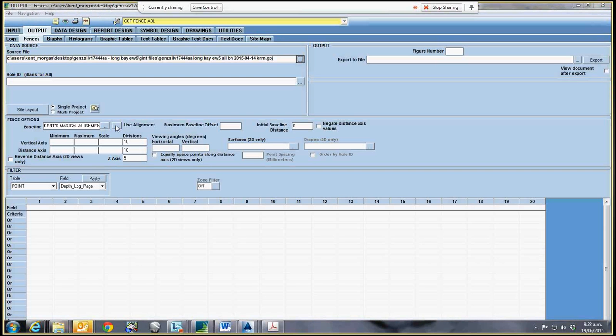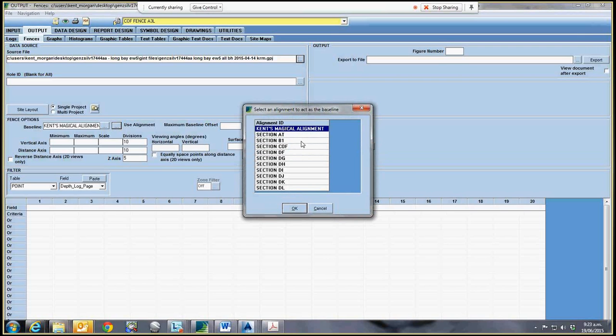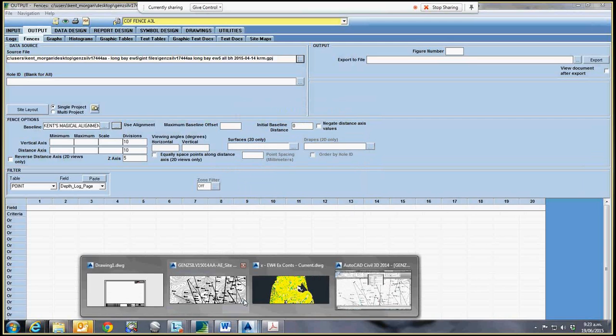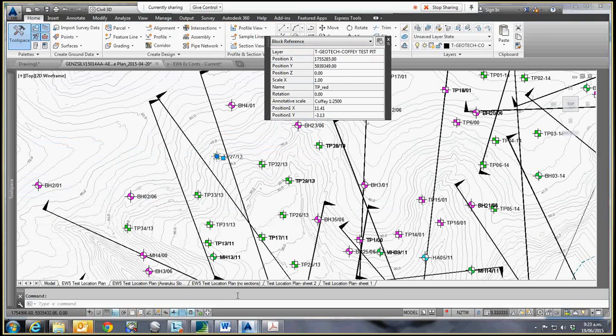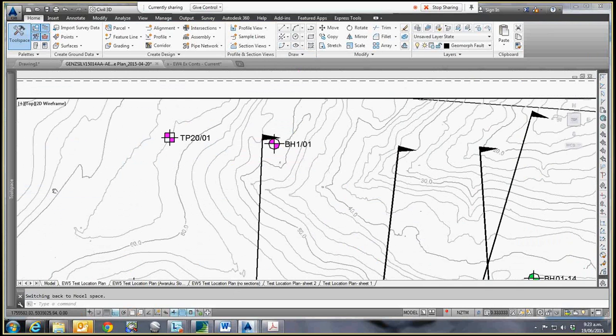And I can click Use Alignment. And here's all the different alignments I can use. Alignment is the same as a cross-section. What I want to do is get one exactly matching my CAD plan. So what I do is I go into my CAD drawing, and I want to draw section